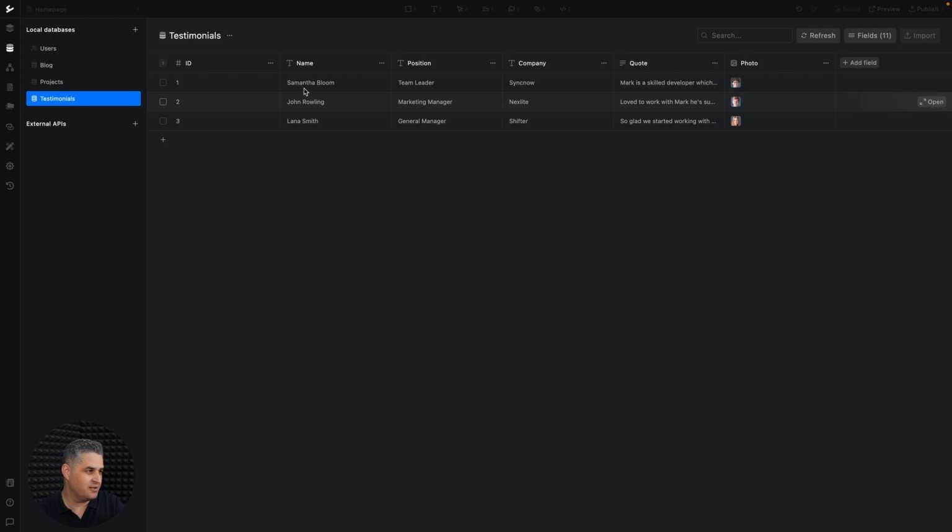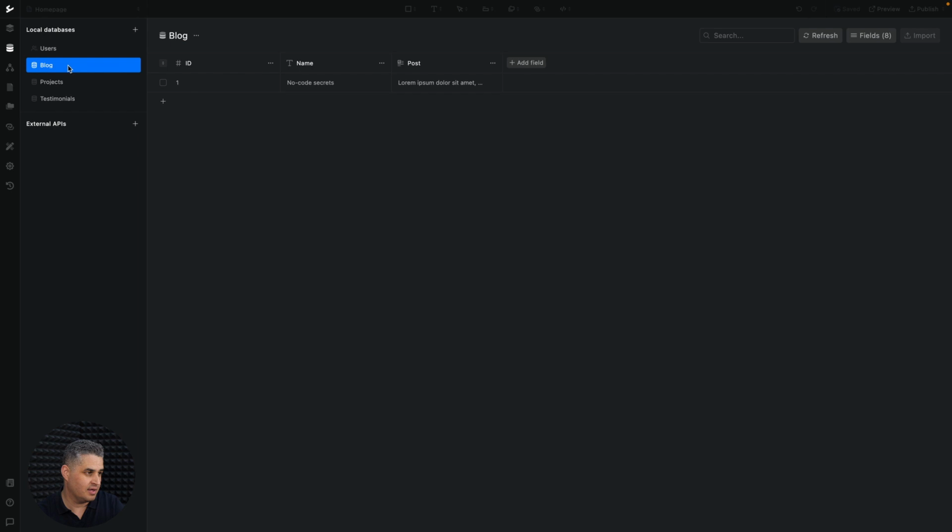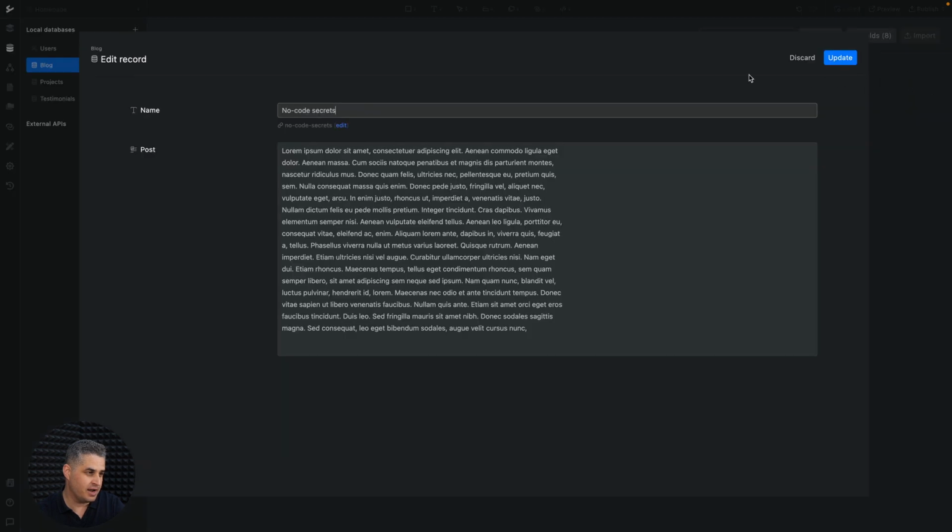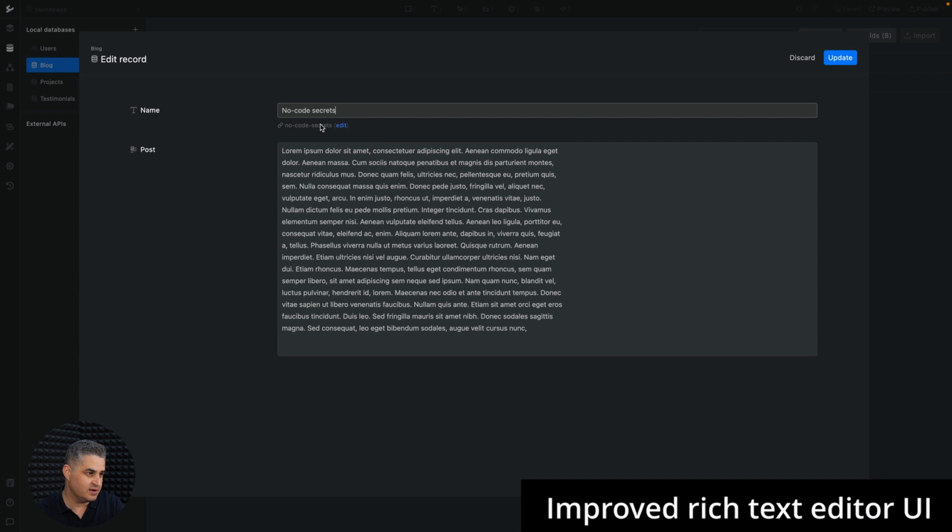Now, since we're in our database area, let's go to the blog database I created. And here I created one entry. It has the ID 1, of course. And now let's go into this entry, open. Here I have the name, the slug, which is automatically created from the name, and we can edit the slug